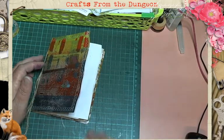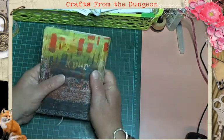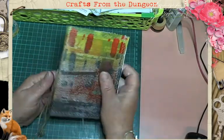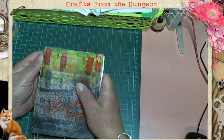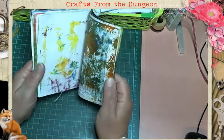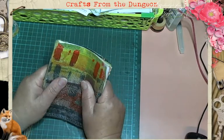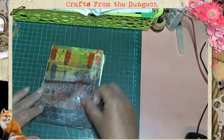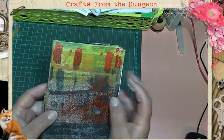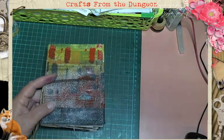Hey guys, I've come on to share a little junk journal, like it's literally a junk journal that I have made. I started making this yesterday, so it's all been put together and now I'm just fiddling with it. So I thought while I was fiddling with it I would share with you. Okay, so all it is, it's my jelly prints that I made on my big